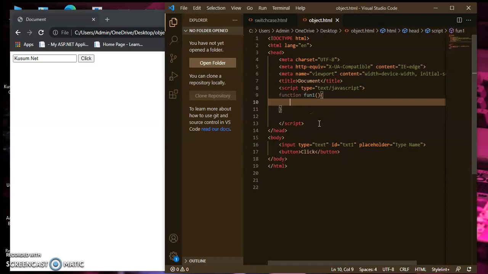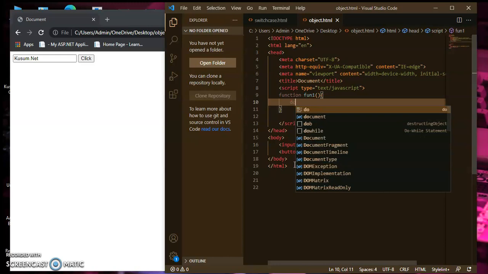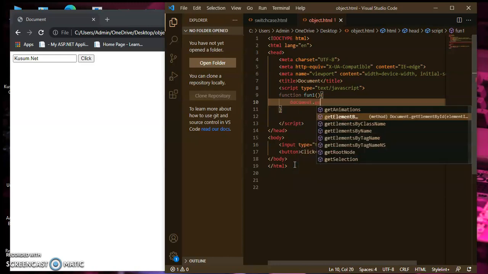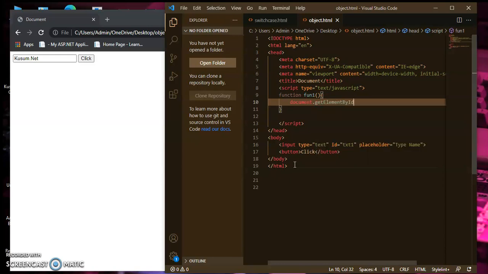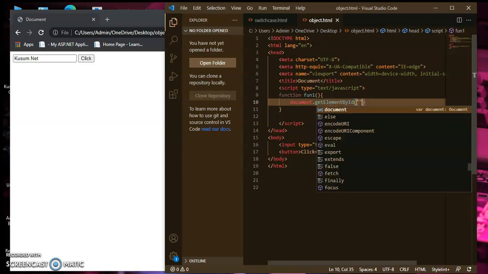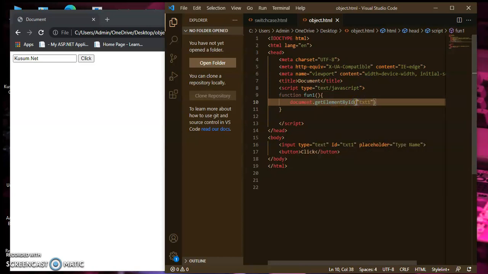Inside this, I will fetch the id of this text box because I want to display the text of this text box inside the alert message box. I will write document.getElementById, the method to fetch the id. The text box id is txt1, and I want to fetch the value of the text box, so dot value.